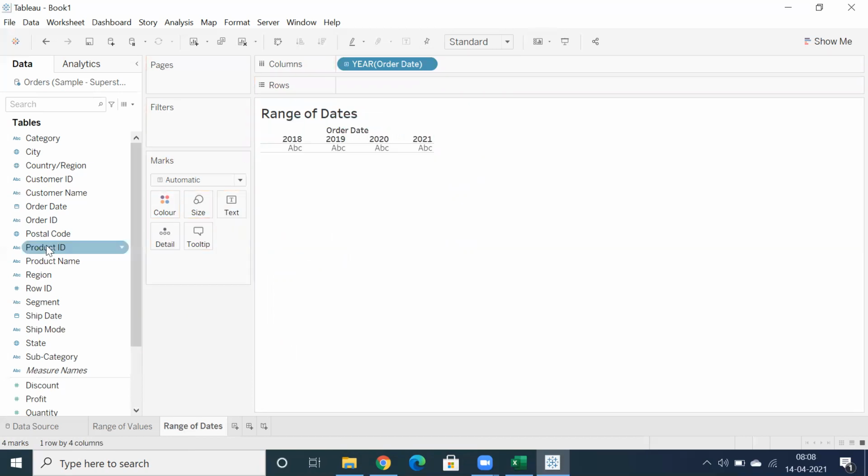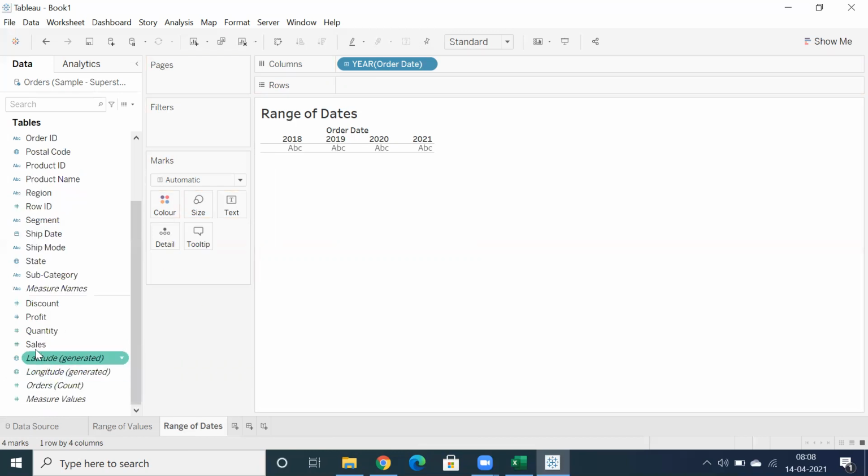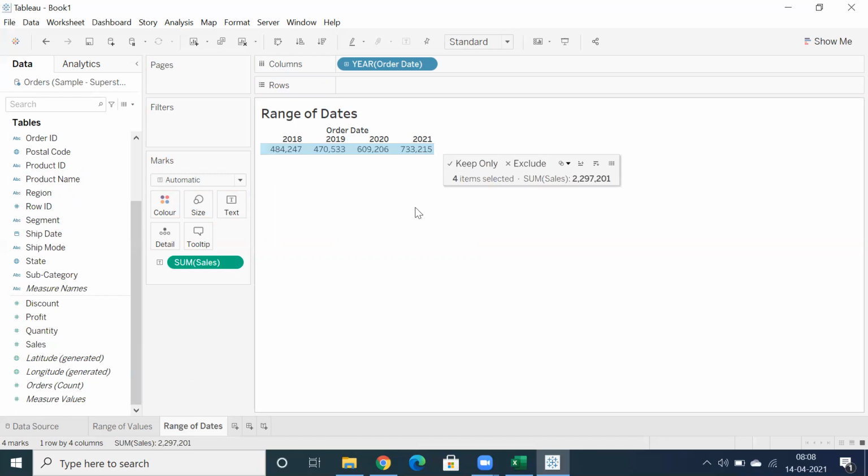Yes. Now, you don't worry about columns and rows. The columns and rows are just for display purposes. Let's say I'm going to use sales. So the display, you can see we are getting column-wise, right?